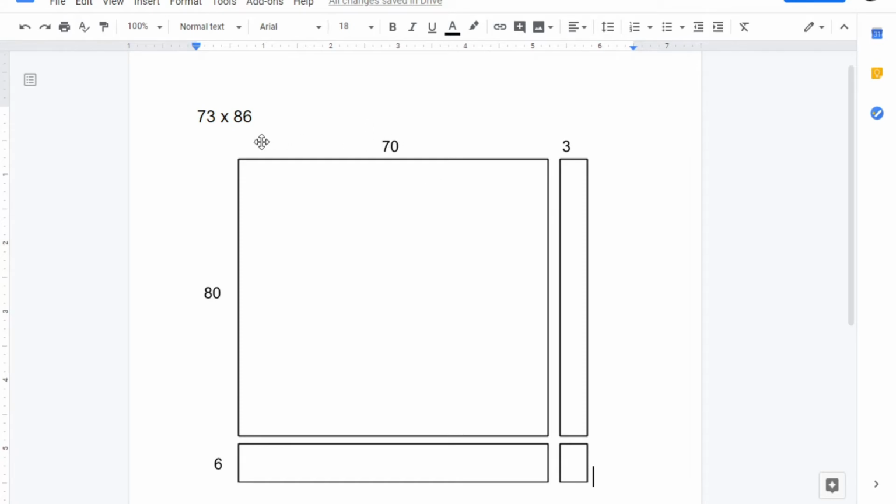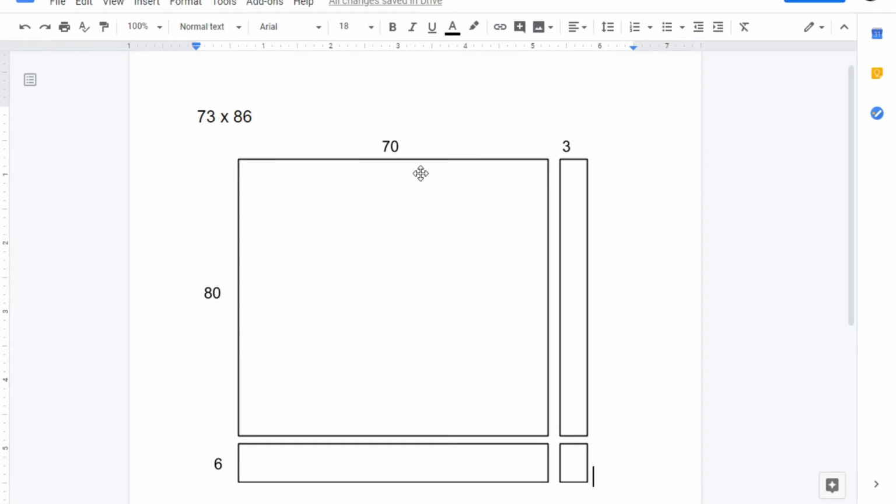So instead of having 70 and then 3 as columns, I'm just having a block which represents 70, so it's abstract. It's just a representation. We understand that this means 70 columns, and that this represents 3 columns. So together that's 73. And then we understand that this represents 80 rows and 6 rows without actually having to draw them. There's that understanding of what those represent. So we can now